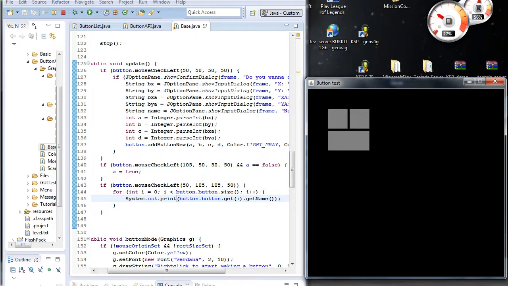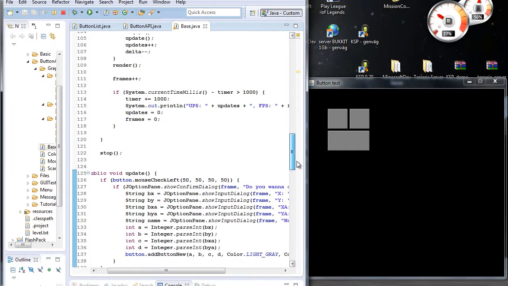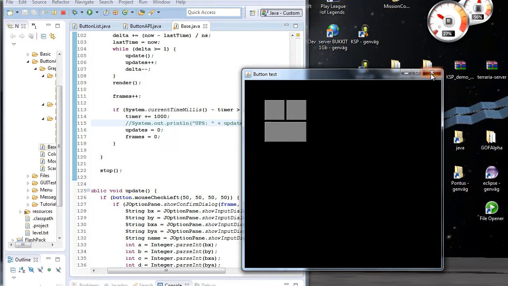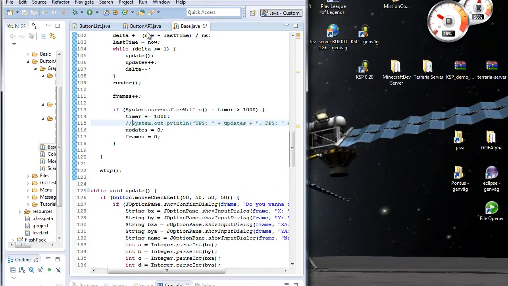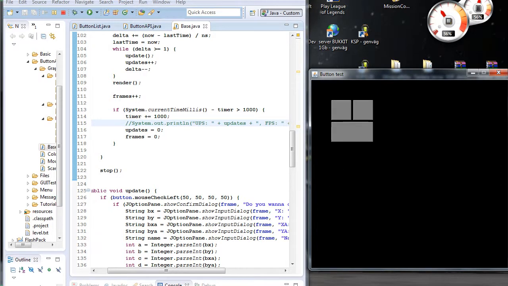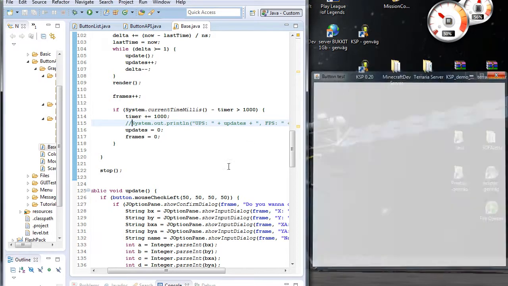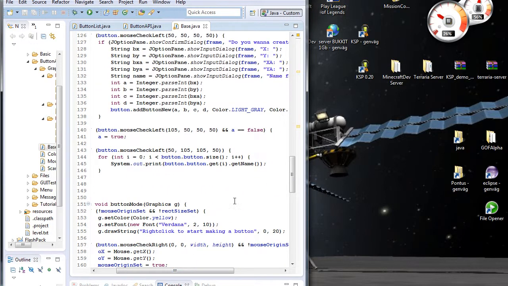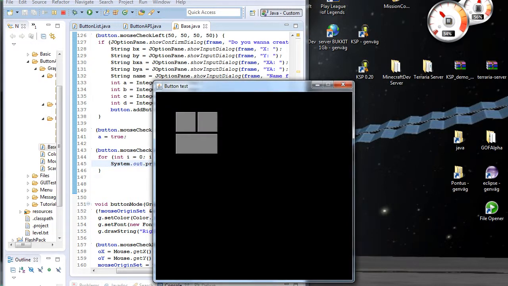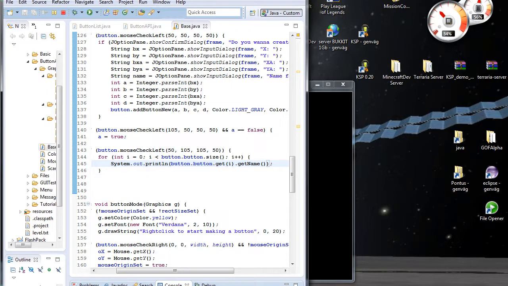Okay, wait. First, we want to remove this, so we don't get that, because that is annoying. Okay, and now we don't have that, so now we can see. Oh god. We want to have a print line here. Okay, so here you can see it's printed out several times, but anyway,